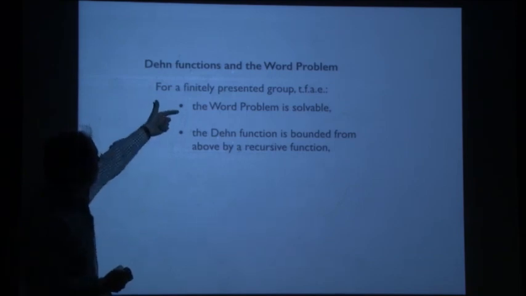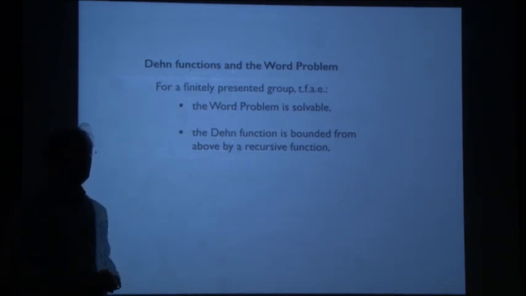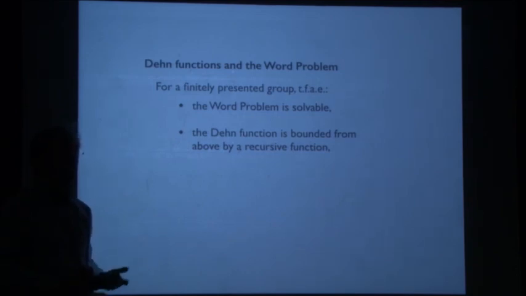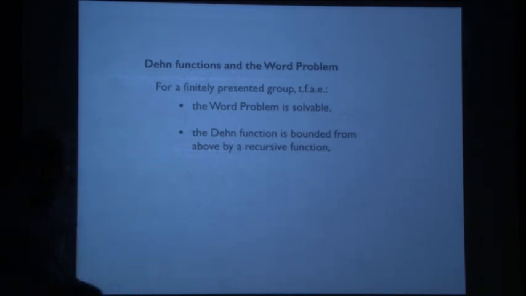And the other direction: suppose the word problem is solvable, then we could show that the Dehn function is bounded by a recursive function. How do we do that? Your algorithm stops, and its running time gives a bound. So you look at all